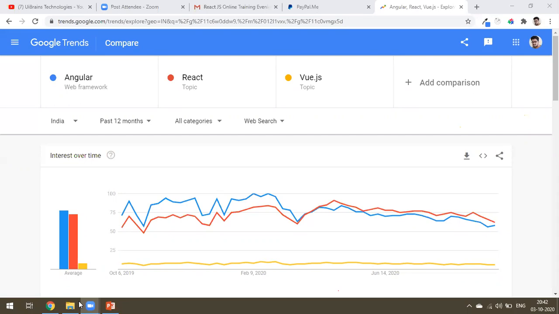So people hesitate to write prototypes, because prototype is outdated, because the class concept has come from ES6 and 7. The class concept has come, but the interface concept is not there in JavaScript till now. So people are confused, because we can't use class completely, can't use interface completely, and we can't make the complete object oriented principles either.